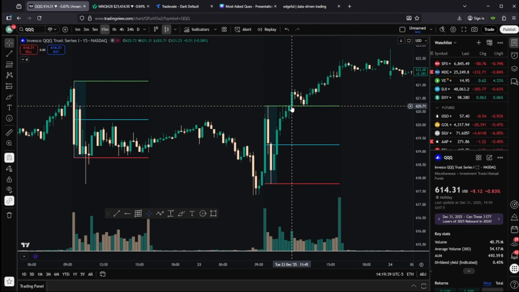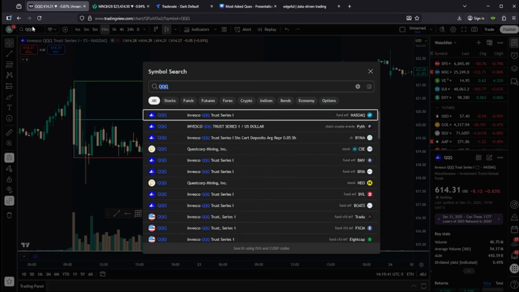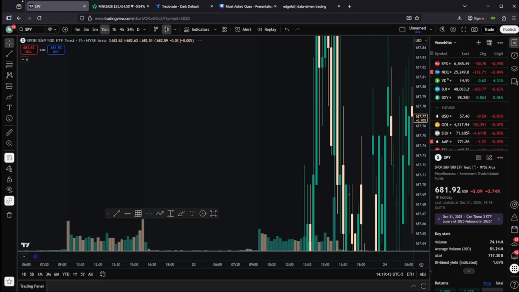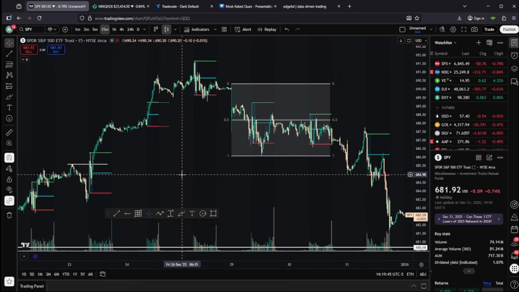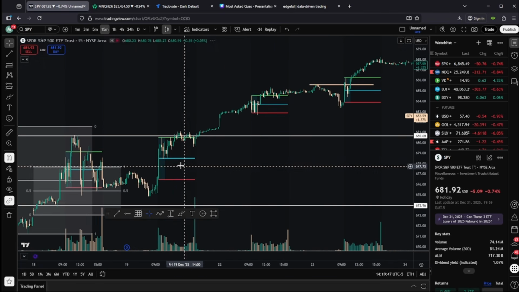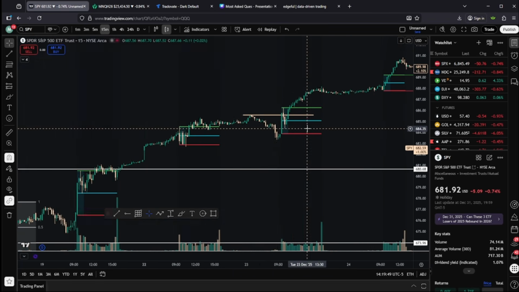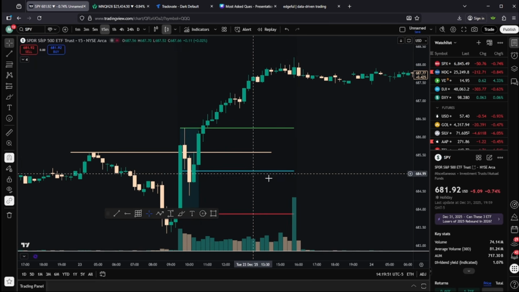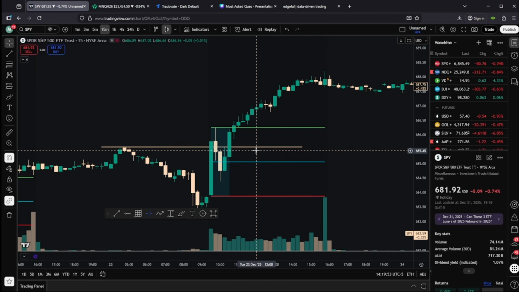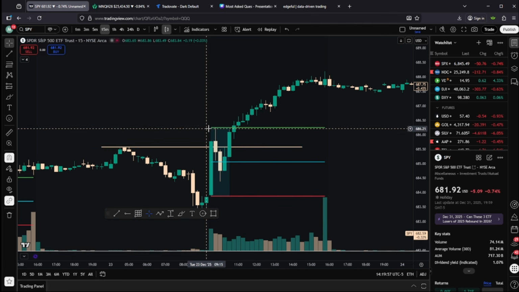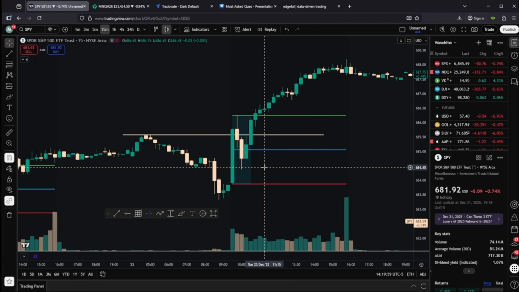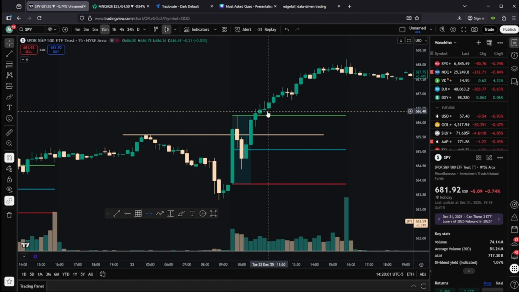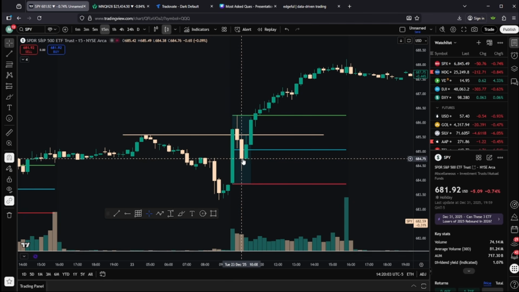It would have just been a loss had we not also factored in SPY. If we go and look at Tuesday, SPY did not go and take a new IB low. So this is the same trading day right here. This is something that I missed, and I did end up taking a loss on Tuesday. These two need to line up. SPY and Qs need to line up, or else you're going to have divergence on the charts.